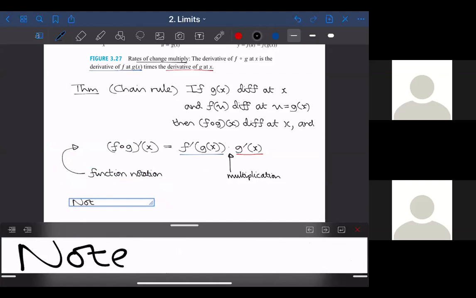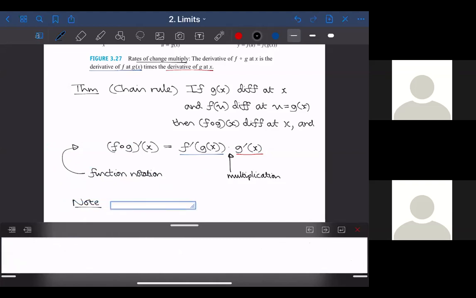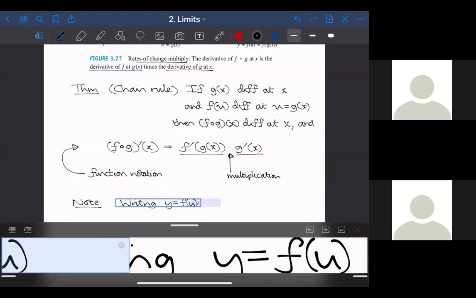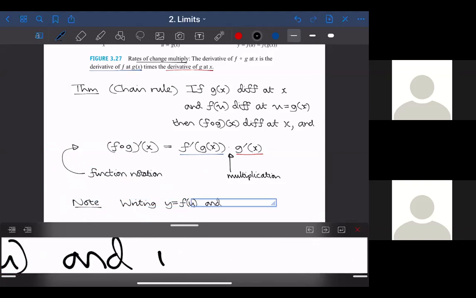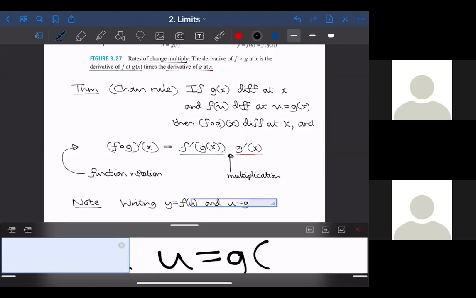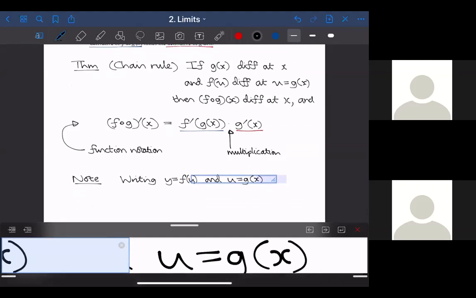But we can also write this in the way we were writing it above. So if we write y is f of u and u is g of x,